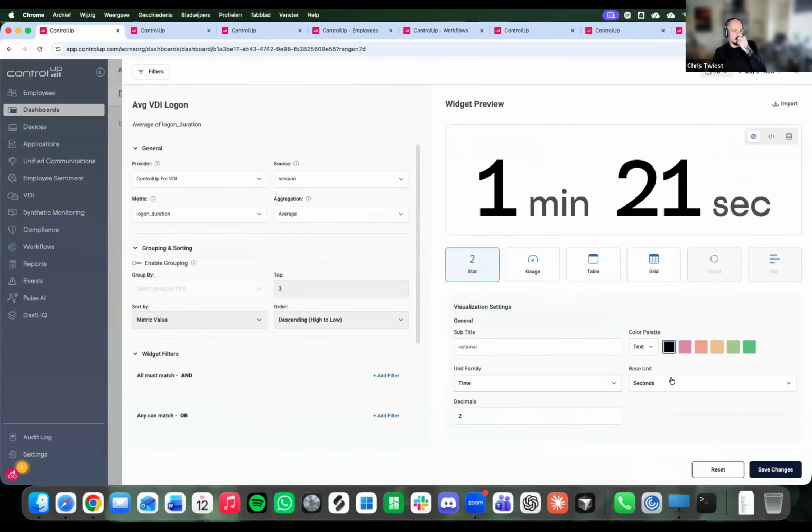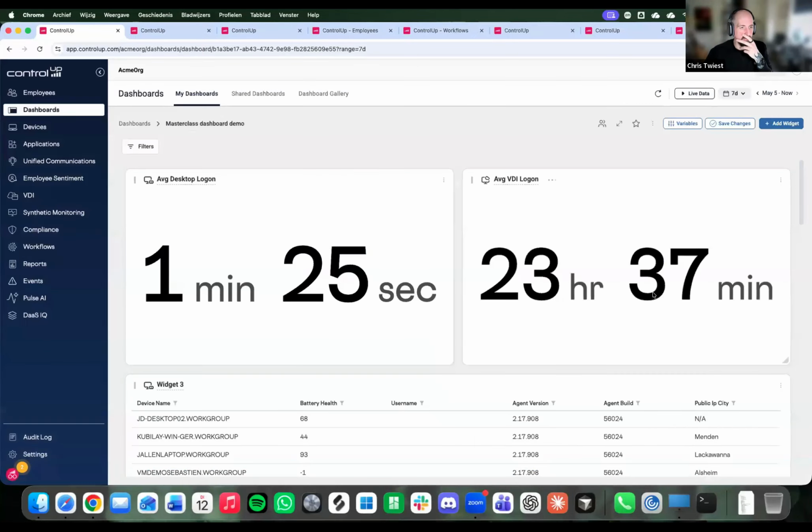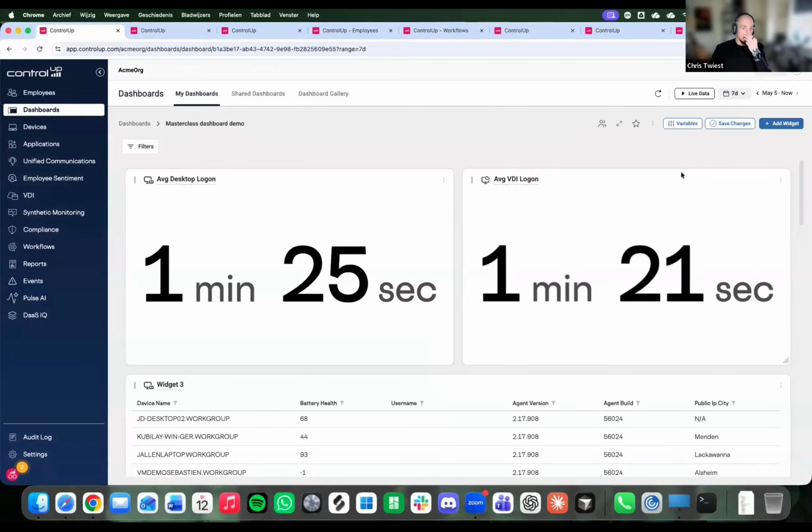By the way, we're working on a way that you don't have to click what the base unit is. That's one of the things on the far roadmap, that we automatically fill it in for you, whether it's milliseconds or whatever, but this makes it human readable. So now I have two widgets next to each other, one with VDI data, one with desktop data, and soon we'll have DAS IQ with this too.